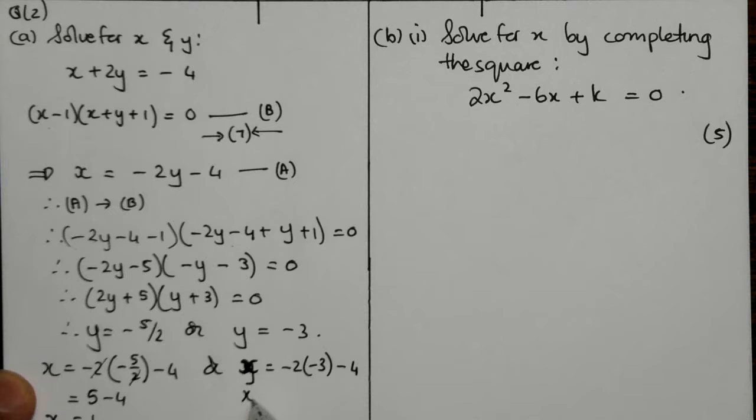Here I'm stuck with x is equal to a minus times a minus is a plus. 2 times 3 is 6 minus 4, and that gives me a 2. So it said solve for x and y. So your combinations